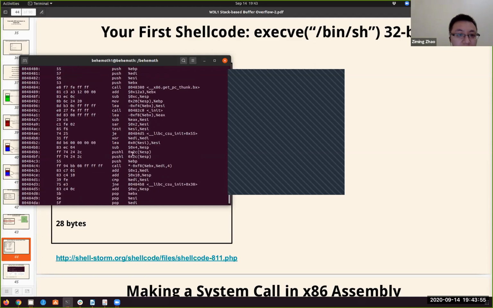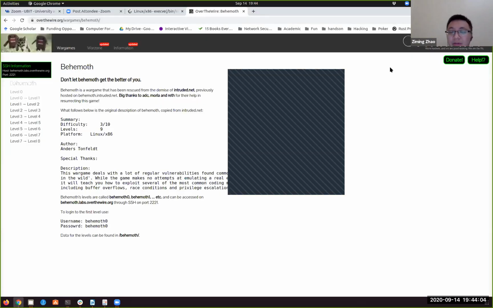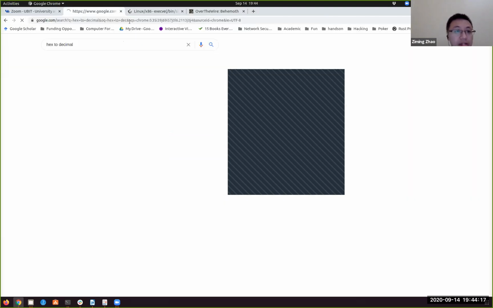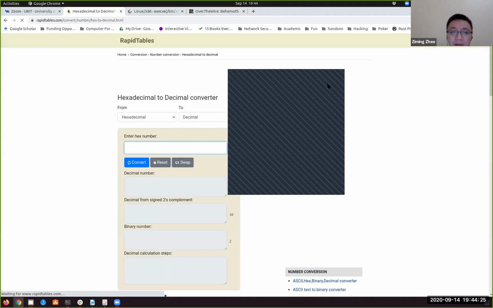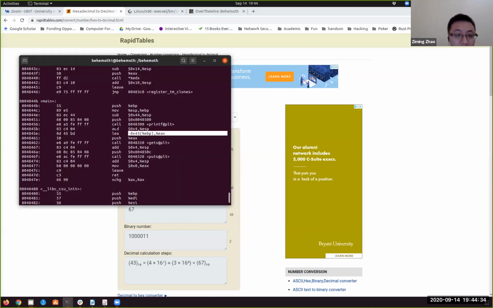So let's calculate the address here first. This is 43 hex. What is 43 hex? 40 is 64, so this is like 67 something. That's a weird number. Do we all get the same thing? I think so. That's a binary, that should be the same thing. Yeah, 43 hex, that's 67. So the distance between the buffer and the saved EBP is actually 67 bytes. The shellcode we have is 28 bytes, which means